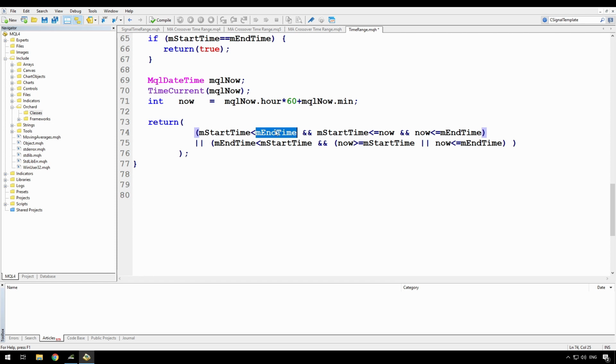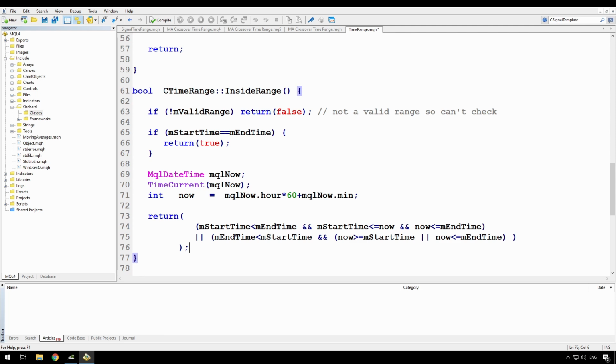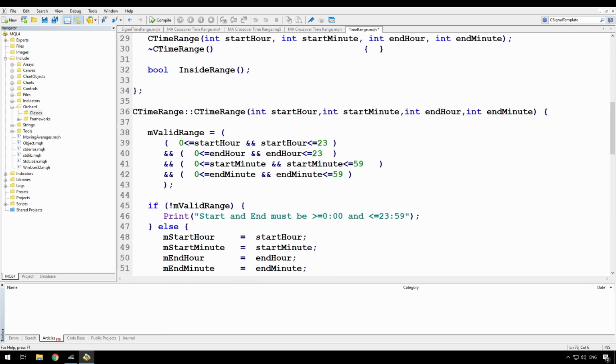If the start time is earlier than the end time, so I'm looking for a time range in the middle of the day, then now must be somewhere between start time and end time, and if it is, then it's valid. If the end time is earlier than the start time, so I'm looking at ranges that go from the end of one day into the beginning of the next, then now must be later than start time or earlier than end time. And I'm just returning that value. So that's a complete working time range class,